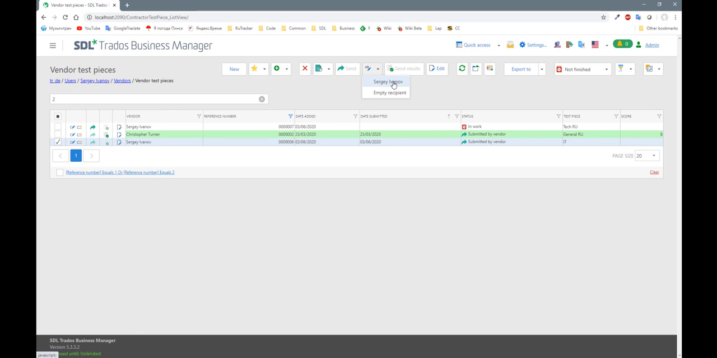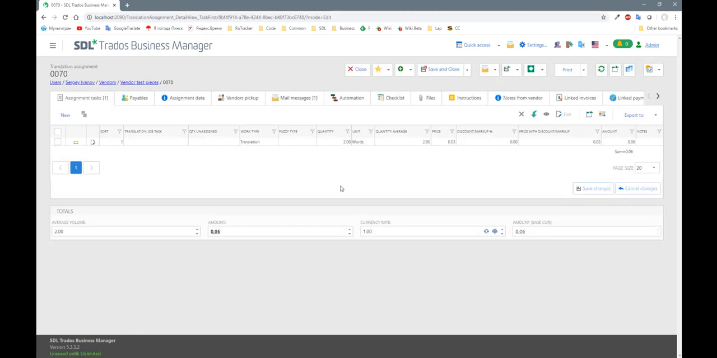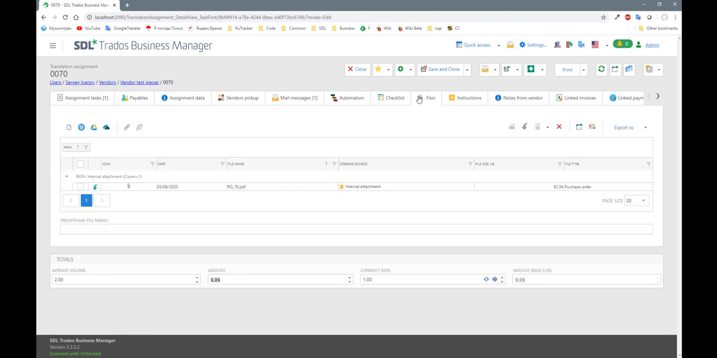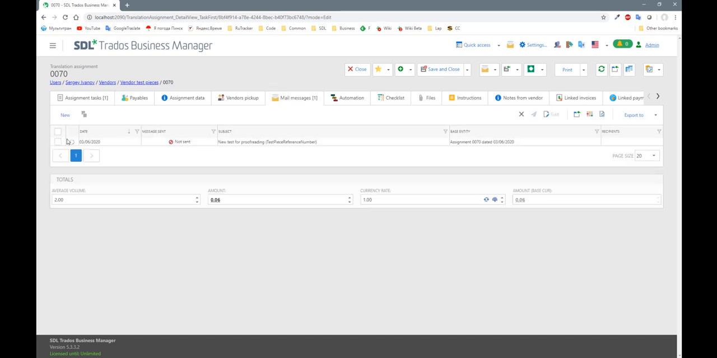paid review. So if I click this button, a new translation assignment will be created for this vendor, and you can see that the quantity is 2 words and the amount was automatically calculated. And the mail message was already created automatically, and if I switch to files, the purchase order was also generated, so I can just send the message from here